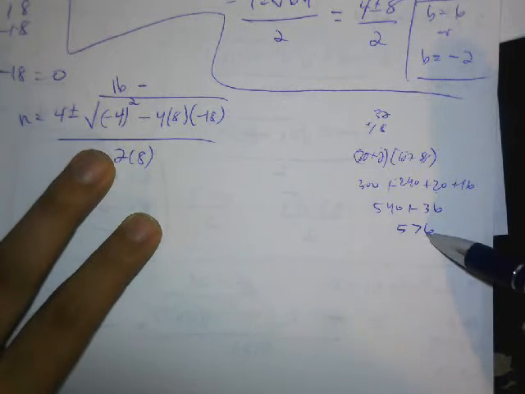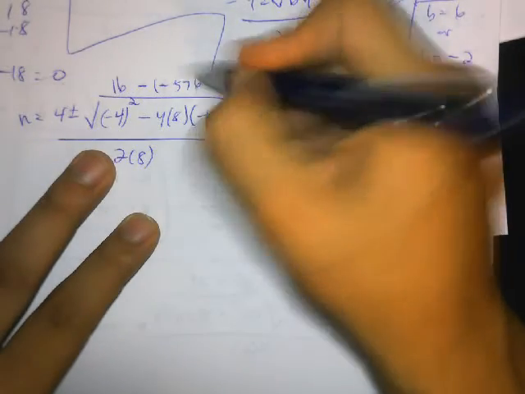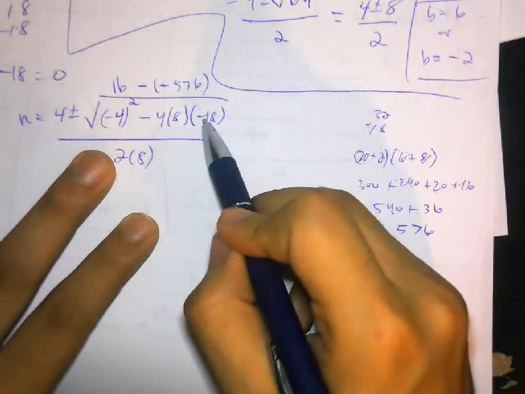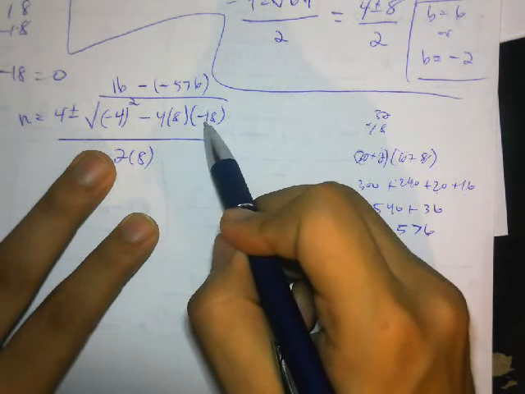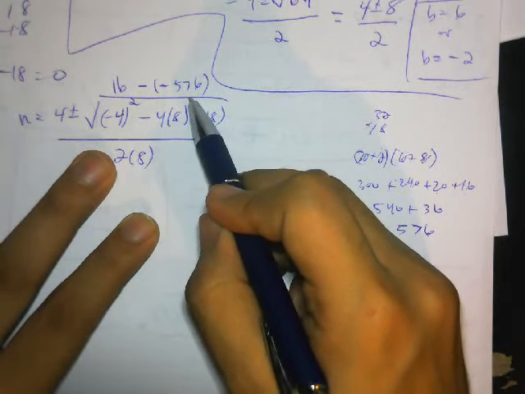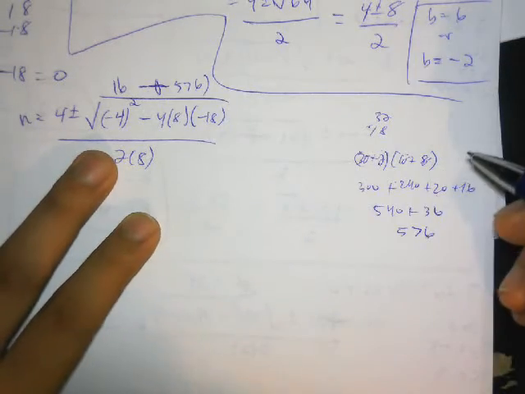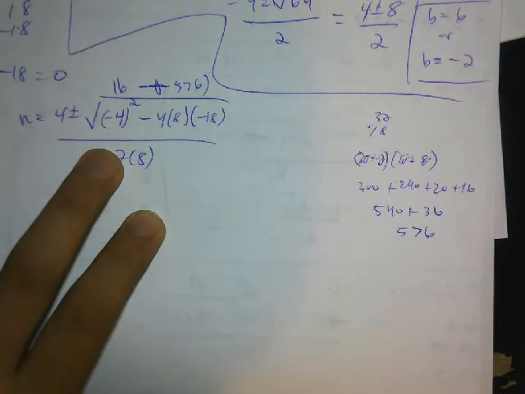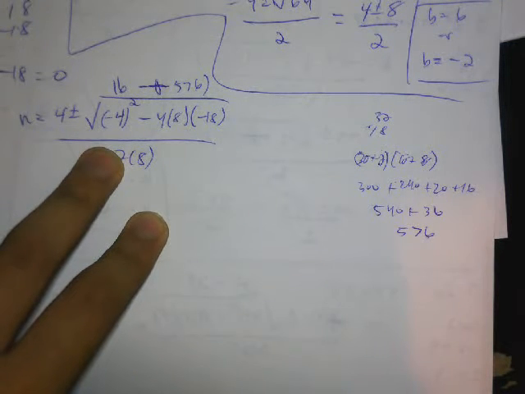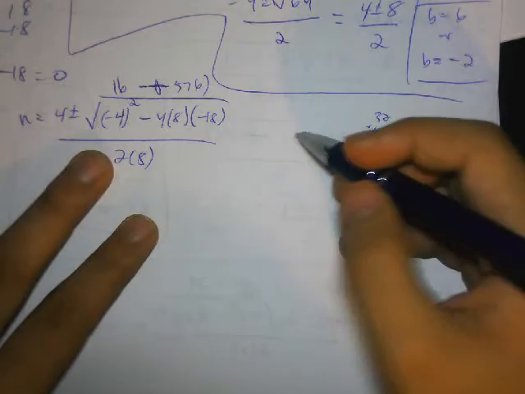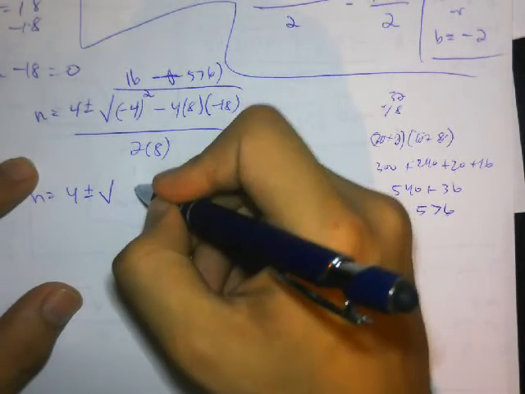Yeah, that turned out correctly. And that's a negative 576, since my 18 here was negative. 4 times 8 is 32, positive. Positive 32 times negative is negative 576, and then the minus is right there. 16 plus 576 is 592. So here we have n is equal to 4 plus or minus the square root of